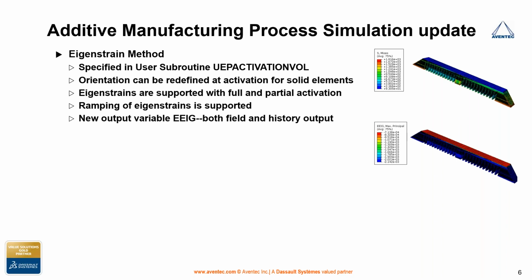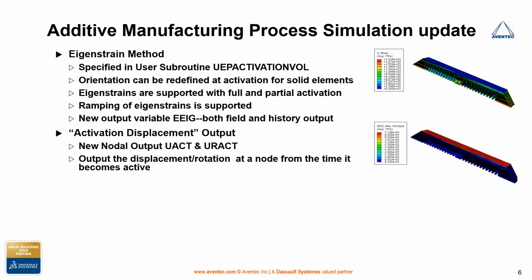In recent years, we've been talking about additive manufacturing as an enormous trend across different industries, especially the manufacturing industry. There are a bunch of other updates related to this topic that have been added as part of the Abaqus 2019 capabilities. We can talk about the eigenstrain method when we add a specified user subroutine. Also, the orientation can be predefined at the activation for solid elements, eigenstrains are calculated with full and partial activation, and there are new output variables, both field and history